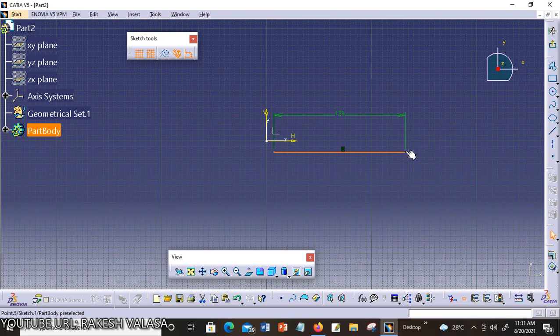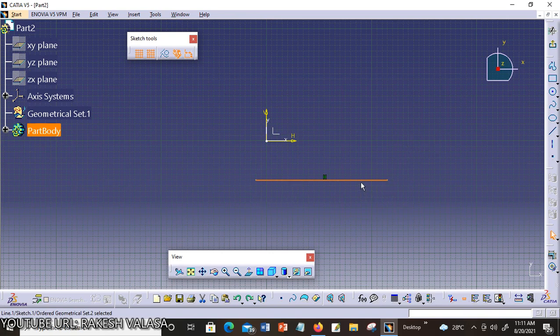Last one is applying and removing multiple constraints. In the previous lectures, we have learned to apply individual constraints to the sketches in the Sketcher workbench. Apart from applying individual constraints, you can also apply and remove multiple constraints. In other words, you can either apply or remove constraints to a particular sketch from the Sketcher workbench. Now let us see the steps to apply multiple constraints to a sketch.